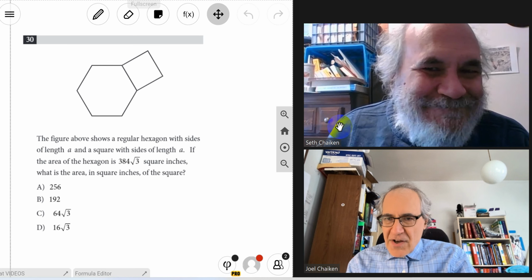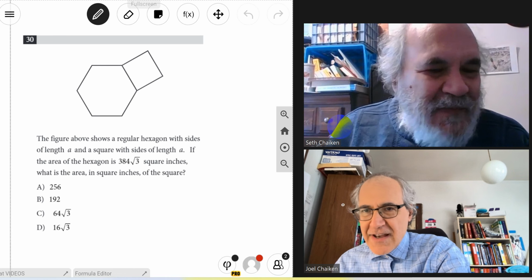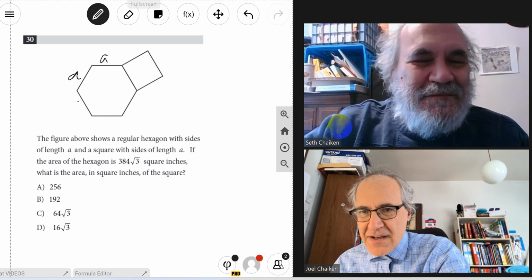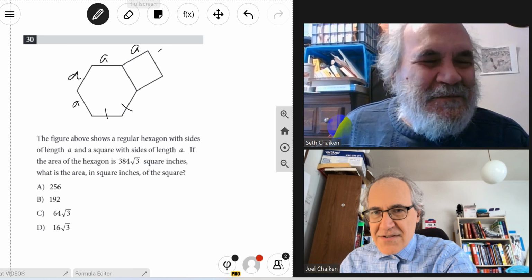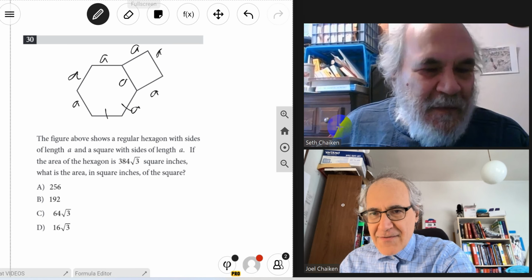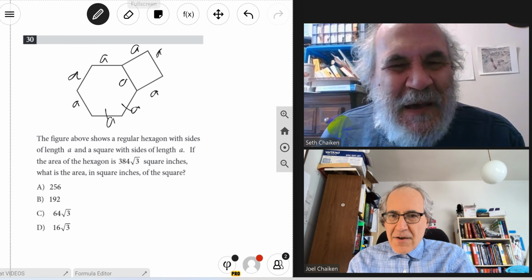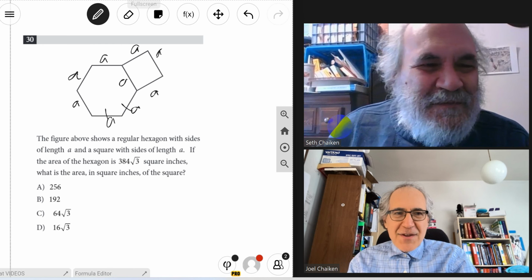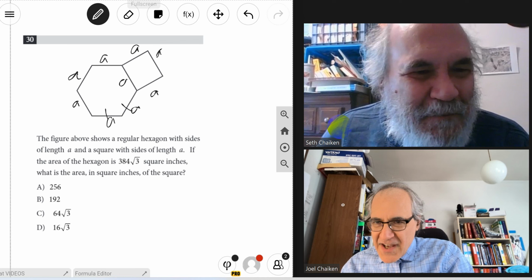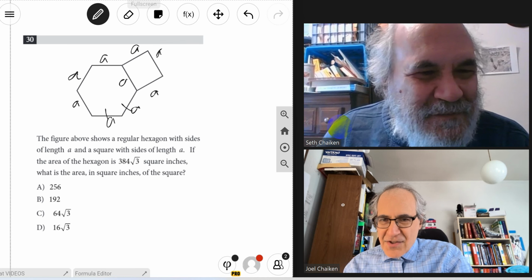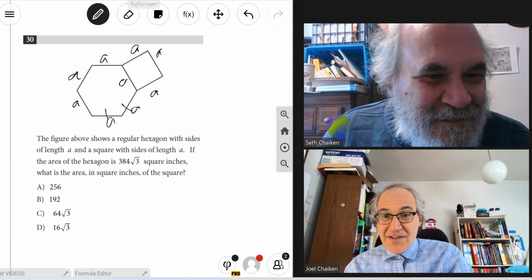The figure above shows a regular hexagon with sides of length A. I can't resist putting the A in there with tick marks to say they're all the same. And this is also A, because the square is sitting on the side. They're all equal. If the area of the hexagon is 384 radical 3 square inches, what is the area in square inches